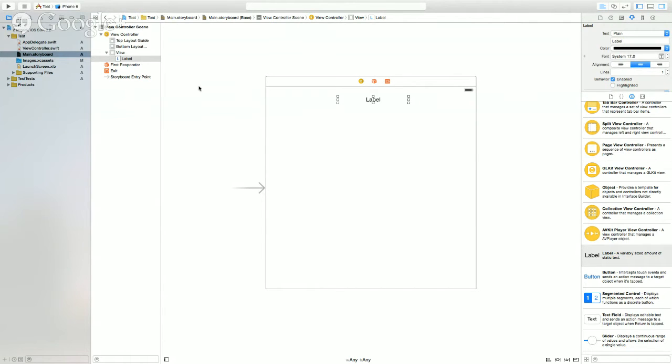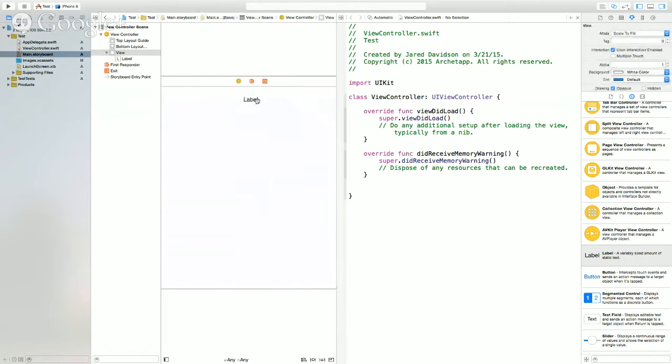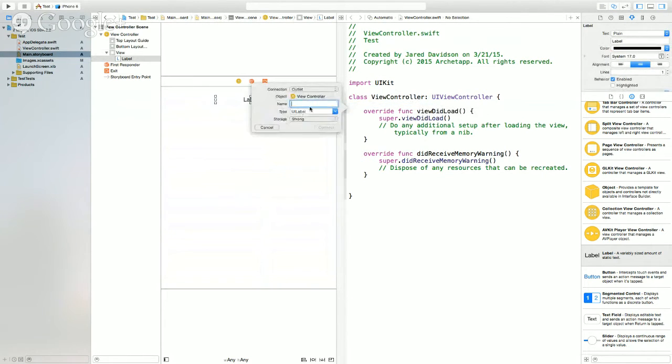Just my opinion. All right, so if we go back into Xcode and go into the assistant editor, I'm going to show you how to programmatically change this label. If we right click or control click and drag from this label, we can insert an outlet. And the name of this outlet, we will just call this